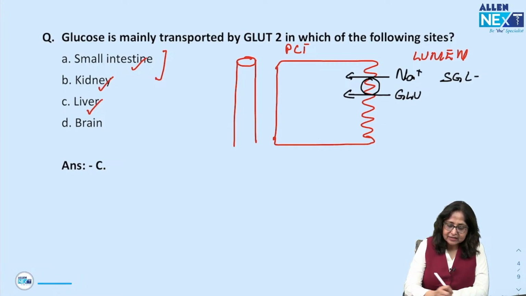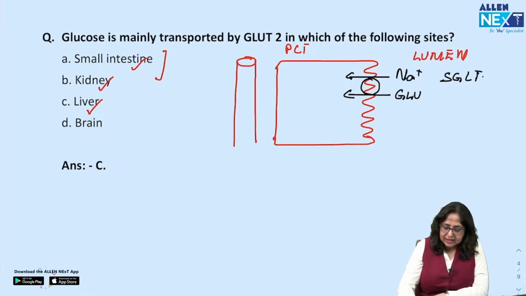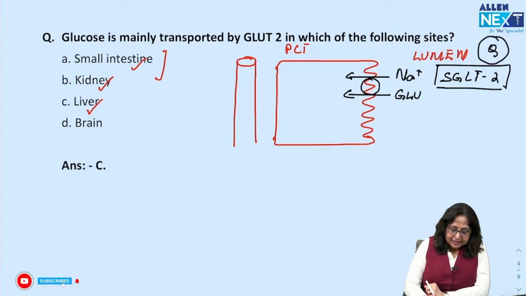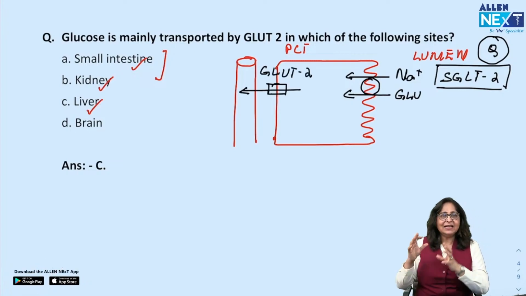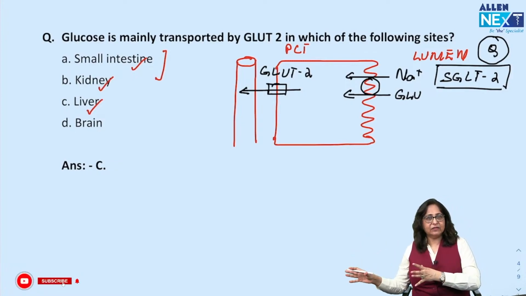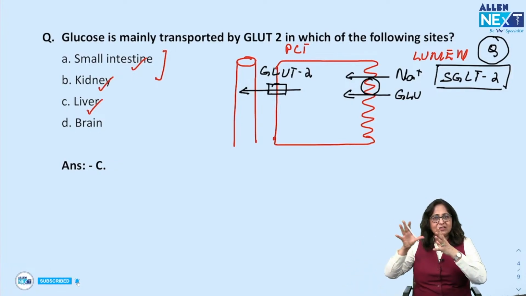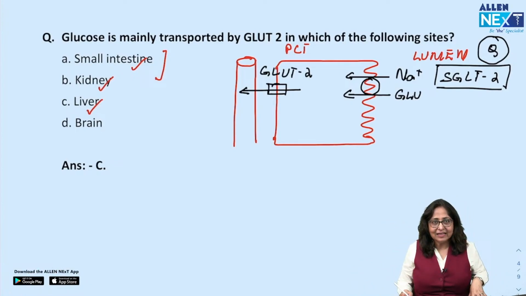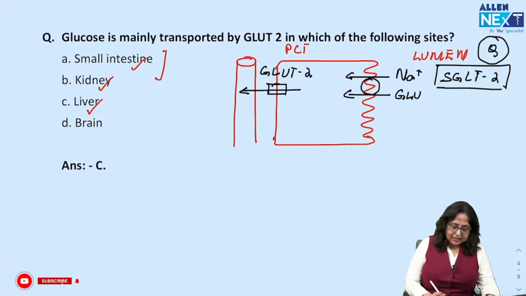Sodium glucose linked transport 2, which is an example of secondary active co-transport. And on the basal side, the glucose will leave the cell via GLUT2. 90% of glucose is absorbed in the PCT in this fashion. Secondary active co-transport on the luminal side, and once the glucose reaches the cell, it leaves the basal side via GLUT2. In the case of the intestine,